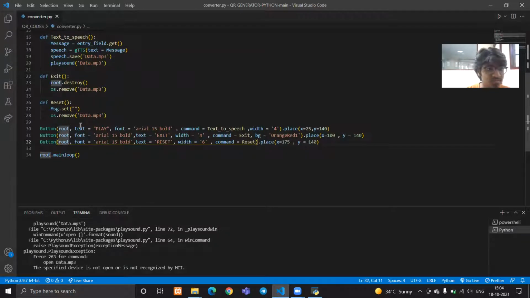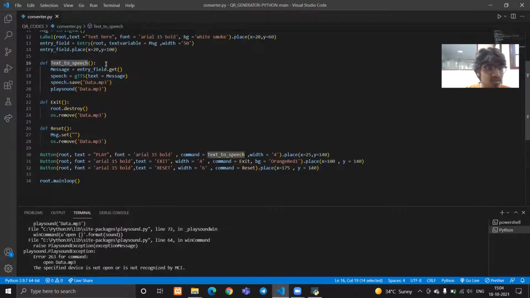So now let me explain to you one by one all the buttons. You can see the very first button is the play button. And in this button, we are giving the command text to speech. From this command, we are calling this function. Now in this function, we are getting the value of the entry field by the .get method in our message variable.